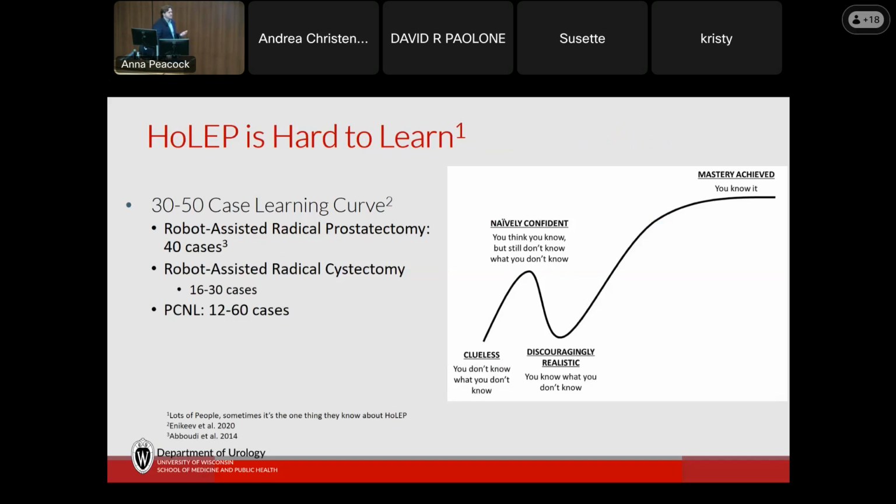Well, part of it is because HoLEP is hard to learn, and it really is the one thing that most people know about HoLEP, that it's hard to learn. And yeah, I would echo that. It was the hardest procedure I ever had to learn. And we'll talk a little bit about that whole process for me. But this learning curve